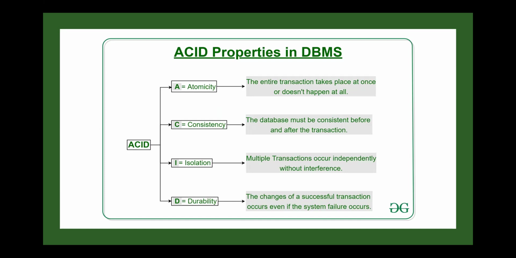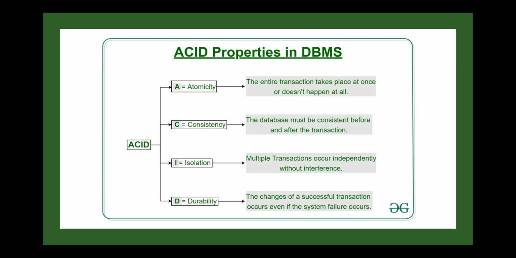The first is atomicity. That is, the entire transaction, the entire row of information, should be created at one point, or it should not be created at all. Consistency: before and after the creation of that row of data, the database characteristics should be exactly the same. Isolation: multiple transactions should be able to be inserted into the table at the same time, and into different tables in a database at the same time, without interfering with each other.